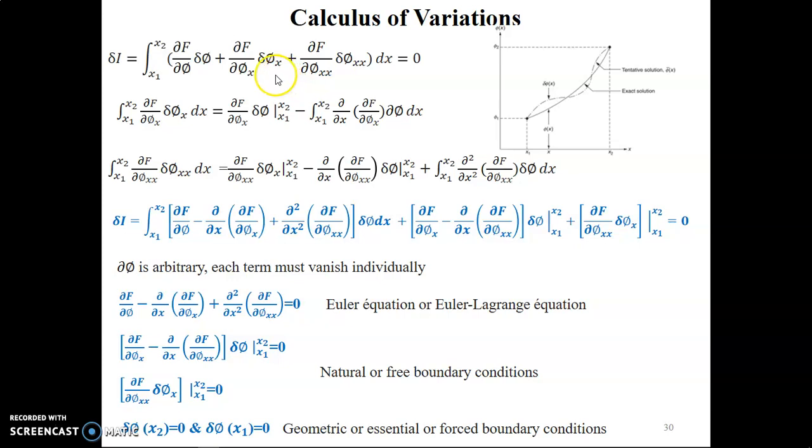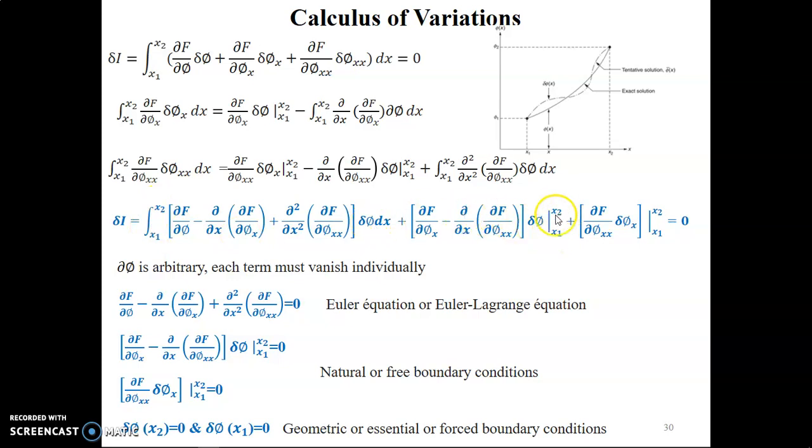The first segregation will be performed with respect to integral terms. For the integral terms, we will have this first term, the curl of f by curl of phi. This will be from the first term. Then the second term will be coming from this, the curl of f into curl of phi x. And the third term will be coming from the third equation. So these are the segregated terms for the integral term.